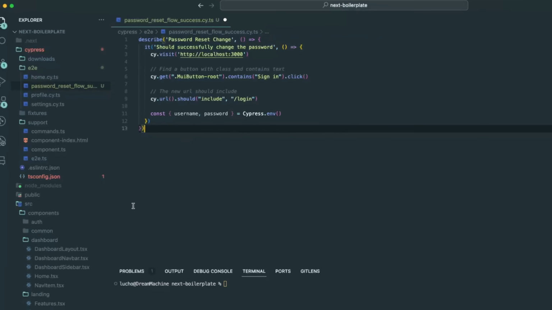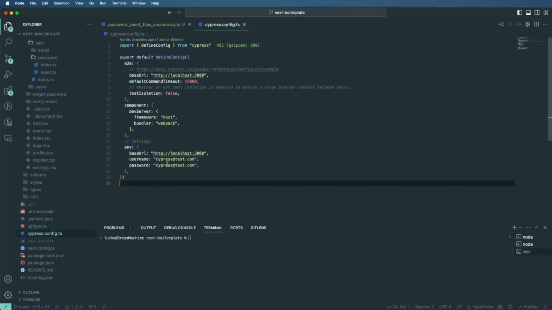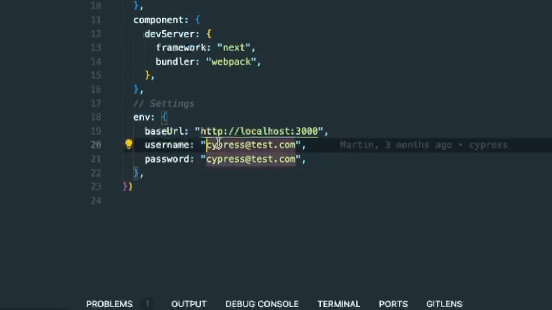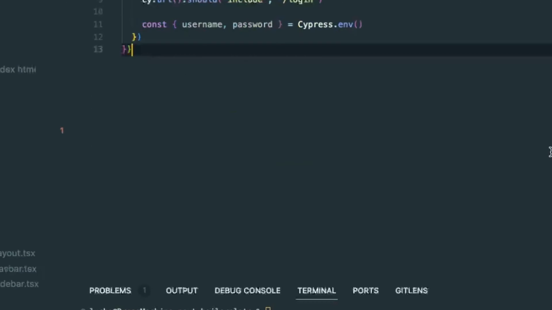These environment variables come from the config option in Cypress, or the config file. Right here in variable, you'll see the base URL, and we'll start with our username that we used, and then the password. Keep in mind, this should not be an actual live password. It should be a password that's only registered to your test environment if you are committing this file to code. So now that we have the credentials, let's go back